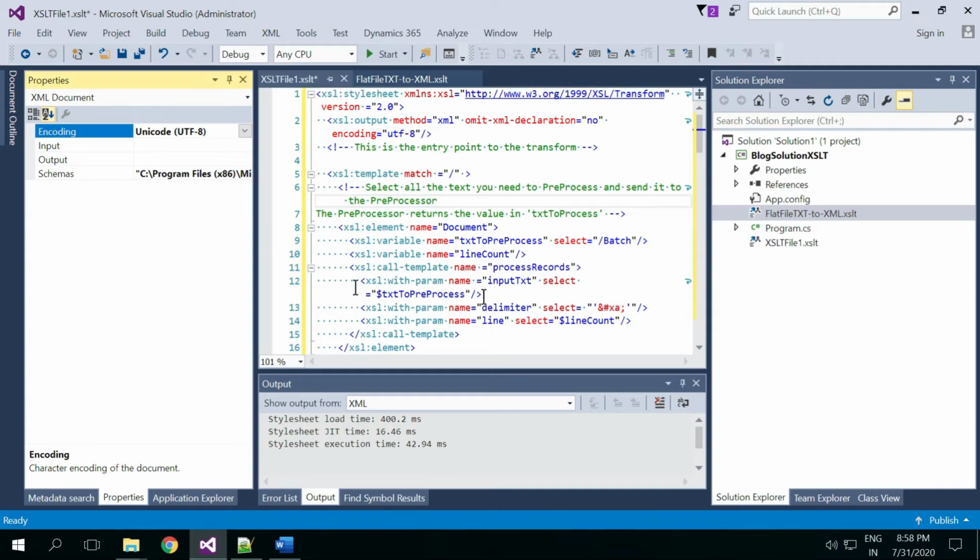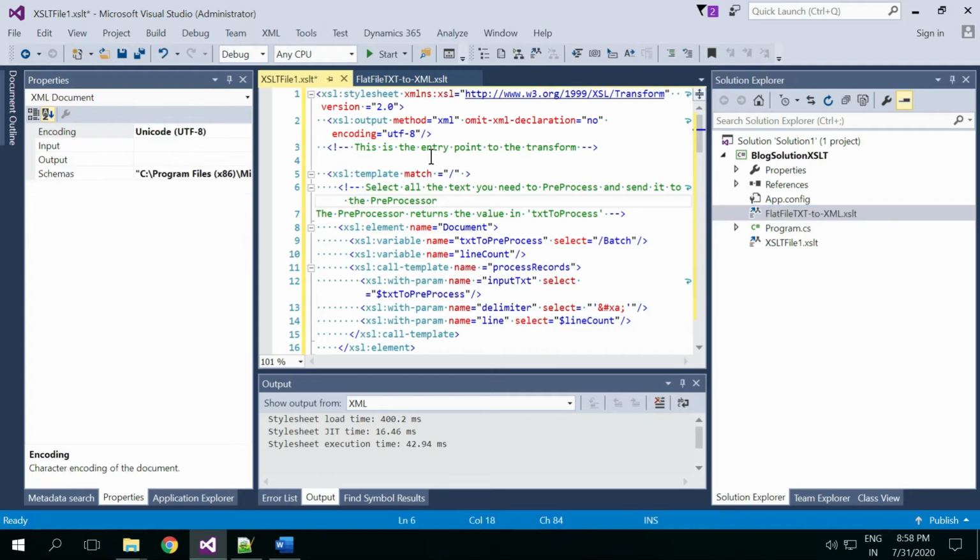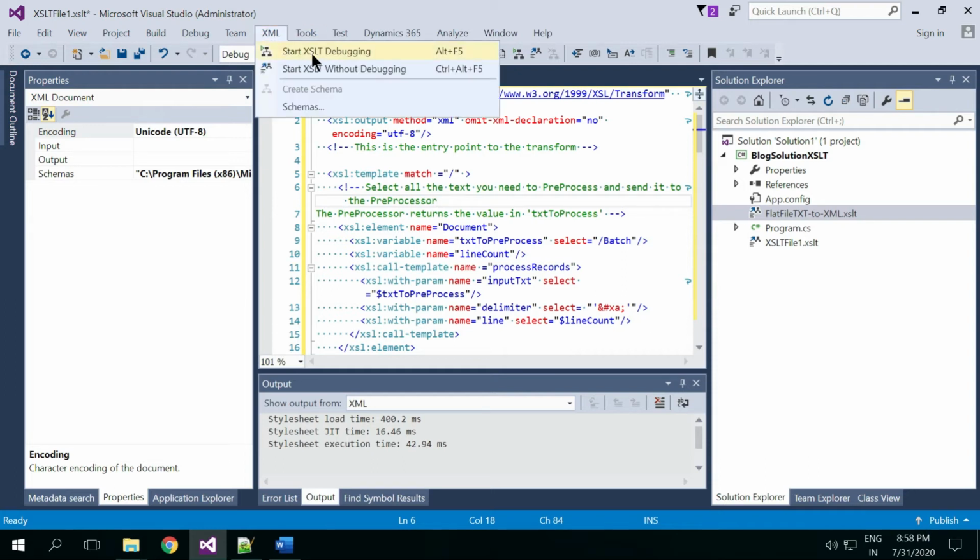When you click somewhere else, that XML tag will disappear. Observe that it comes after tools. See, before tools. So again, you can see that XML tag. This XML tag has options to debug, and without debugging, you can execute the XSLT.